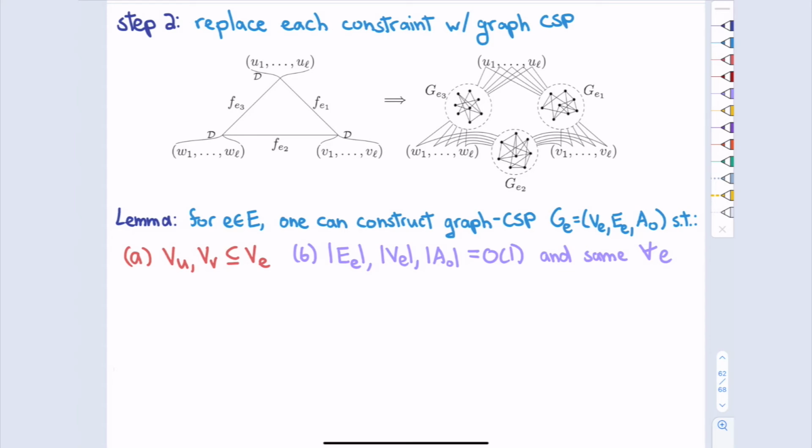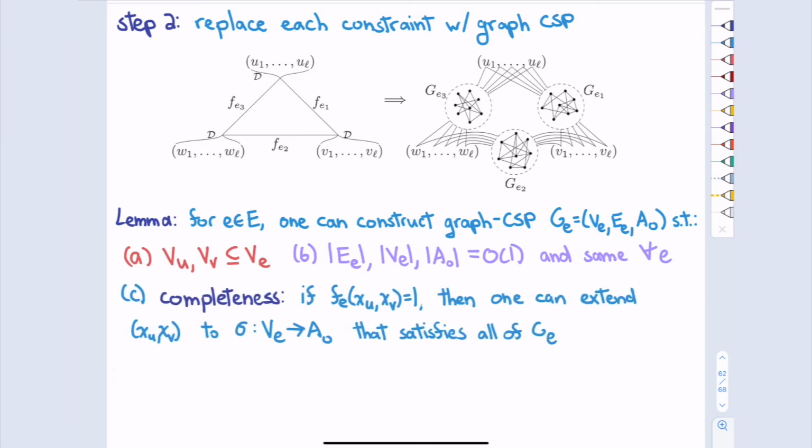So the first 2 properties, it's going to include those variables that have been created for the 2 vertices. And the sizes are all going to be nice. Everything's going to be a constant because L was a constant. You're looking at a constant size thing. It is important to point out that we're going to have the same sizes for all the edges. So the construction will always create the same number of vertices and edges, because what goes in is the same size. Here are the 2 interesting properties.